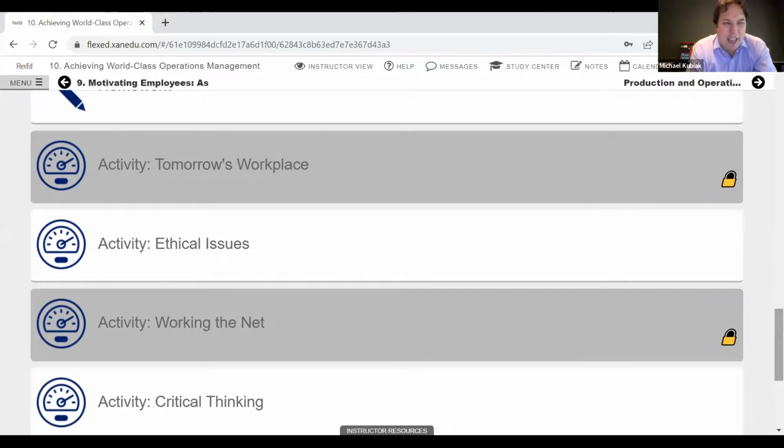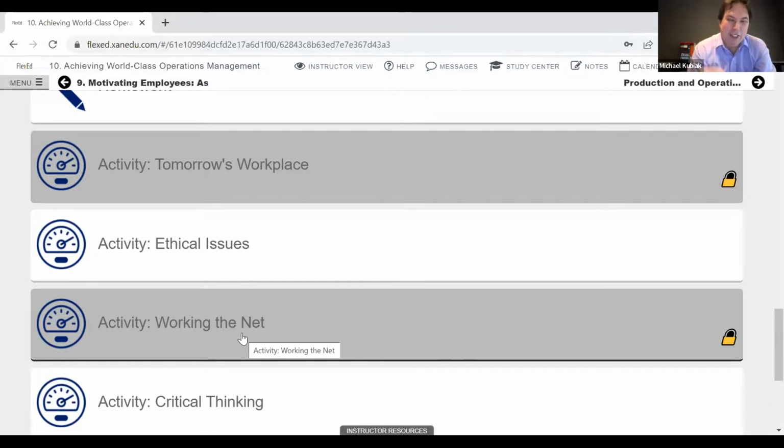We have a set of scenario-based questions around ethical issues or dilemmas, critical thinking that feel more like case study questions. And then some workplace-based questions, and Working the Net, which encourages students to go on the internet and research specific companies and do some written work or present back to you. You'll see that a couple of them are in draft mode because we recognize that you can't necessarily use all of these. We want you to be able to pick and choose, and we included some of them as the default, but all of these are there for you to choose from.